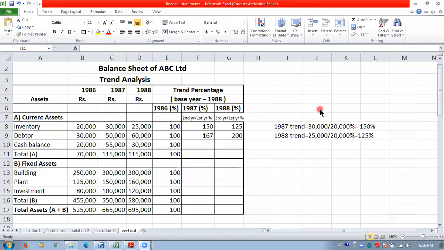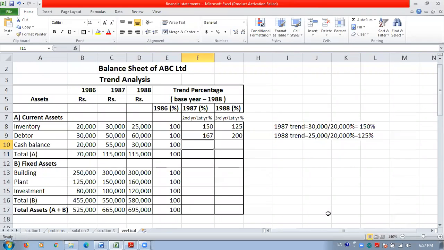It is a must. Okay, what is this current? It is for the second year, right now, for cash. So for cash also calculate. In case of cash, 55,000 divided by 20,000 and percentage for the second year. It is for